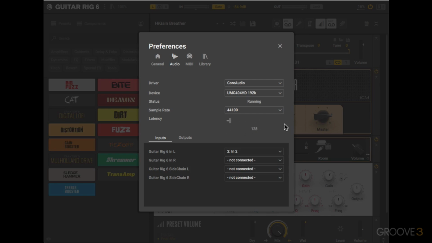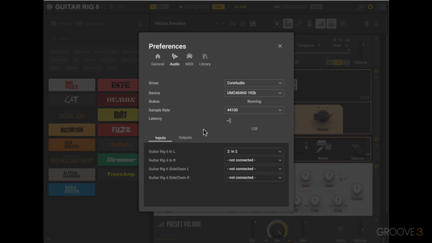And then you can adjust the buffer size over here. So if you don't know what buffer size is, it's basically the latency. So when you play back, let's say your guitar that's plugged into the standalone application, if there's a delay between what you're playing and what you're hearing, then this latency is probably set too high. A good starting point is 128 samples, but as you can see, you can jump this up to higher buffer sizes or even lower. But if you do go too low, there might be some clicks and pops in your recording, so just bear that in mind. And some audio devices can support lower buffer sizes than others, but I'd say a good starting point is 128